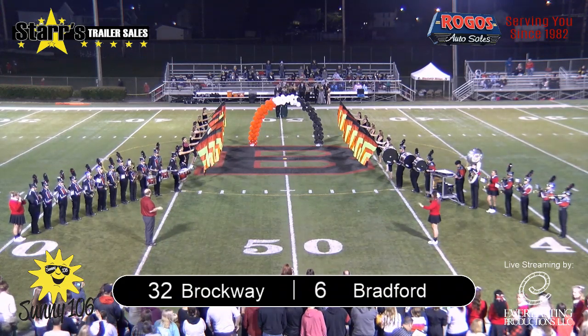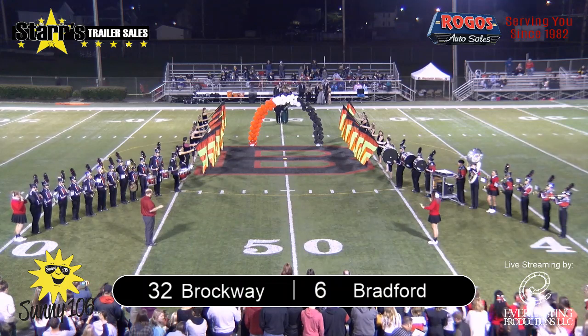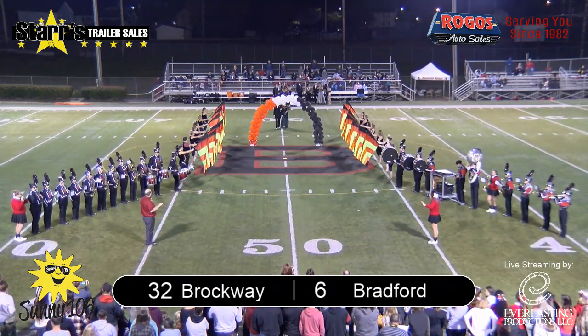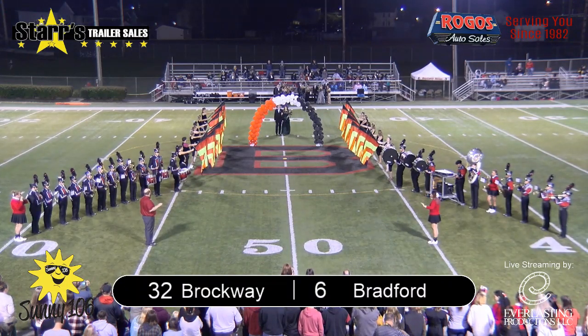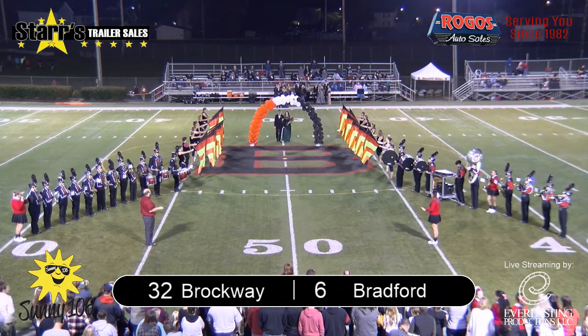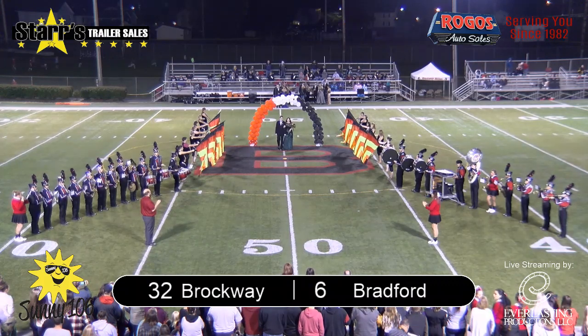Downtown Brockway tonight, and at halftime it is the Rovers 32 and Bradford 7. And I'll tell you what, for the Rovers, this has got to be a game where they're encouraged, because we know they're playing another 0-5 team, and they are 0-5. It looks like they're going to go to 1-5 after this one is over, by the way things are going